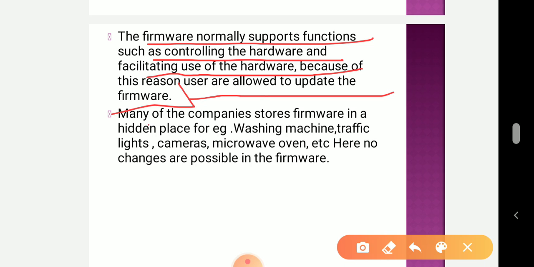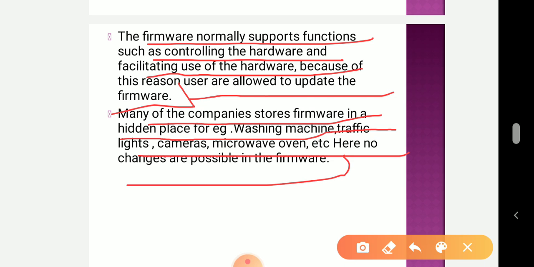Many companies store firmware in a hidden place, for example in washing machines, traffic lights, cameras and microwave ovens. Here, no changes are possible in the firmware.